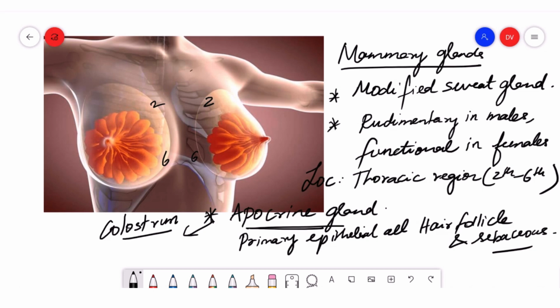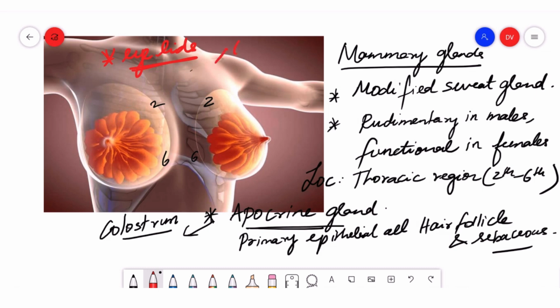Alright guys, so this is about the mammary gland. These basics you have to know. What are the other apocrine glands present in the body? Apart from the mammary glands, there are two other things. One is present in the eyelids. Not the lacrimal gland, which produces the tears. Apart from that, there is the lubrication always present in the lids. The ciliary glands present in the eyelids give that lubrication.